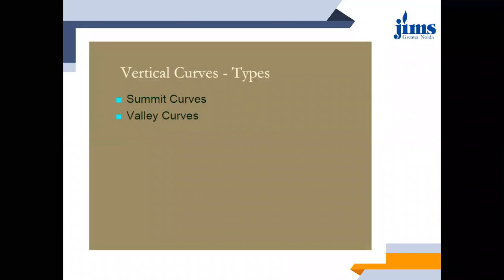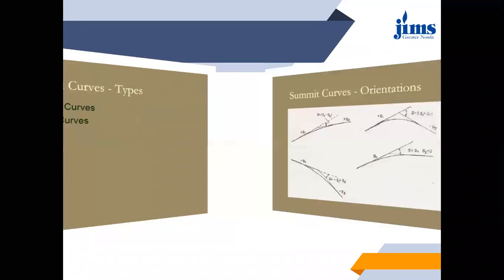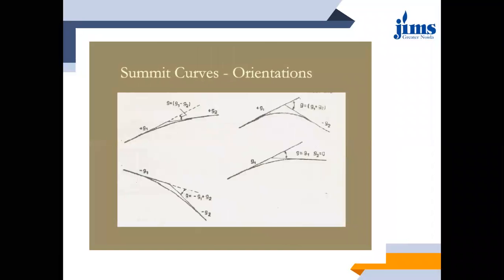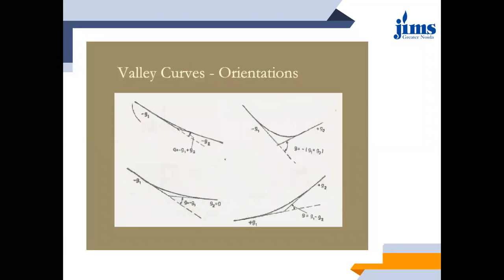Okay. So as we discussed, vertical curves are of two types: summit curves and valley curves. This is an example of summit curves, the orientation of the summit curves, how they are there. Now, just like in highway engineering, here also there is a deviation angle which governs the severity of the summit curve, and also the valley curves. How do we calculate the deviation angle? Deviation angle is the difference in the gradients with their sign.